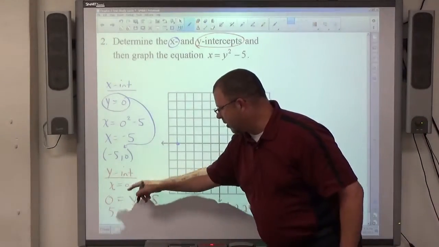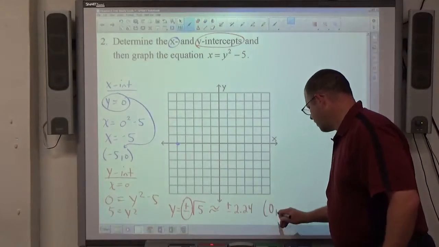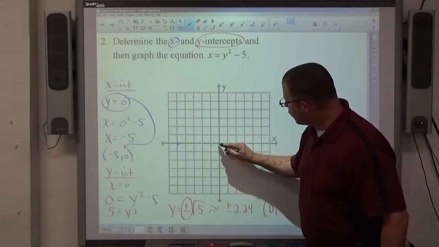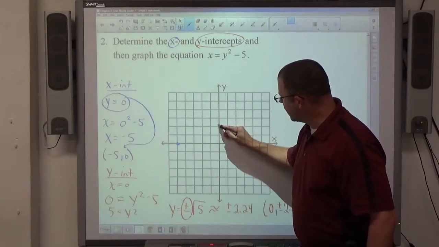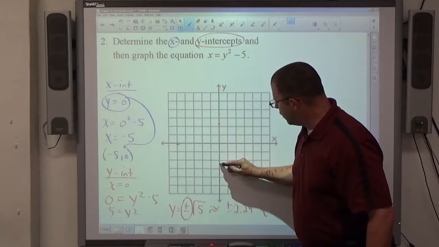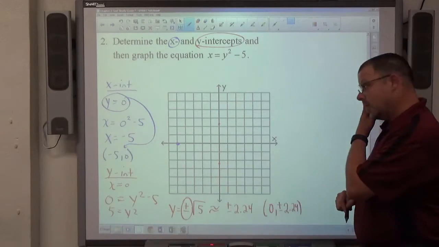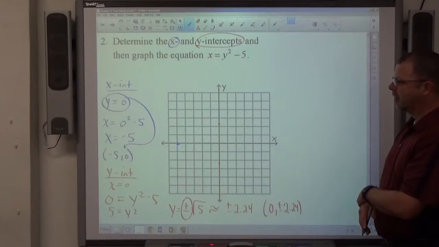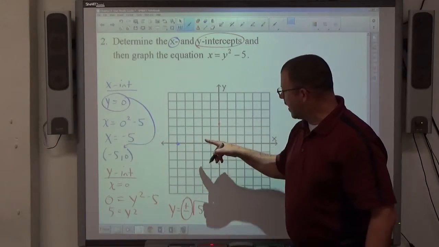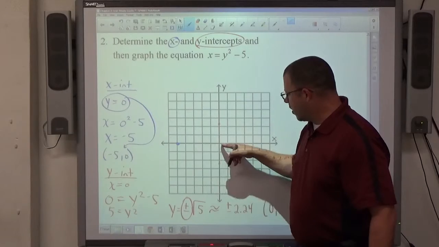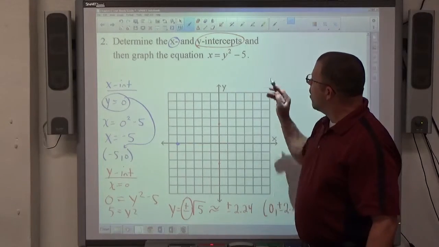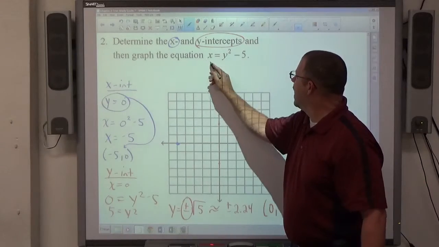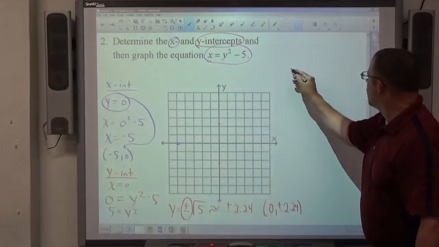Each of the points here is going to be 0 for x paired with the plus or minus 2.24 for y. So (0, 2.24) right about here, (0, -2.24) right about here. Next, it says to graph the equation. I've already plotted the 3 points I found. I can see very clearly that the x's here aren't being dealt with. What I would personally do though, seeing the equation the way it is, x equals y squared minus 5, we typically